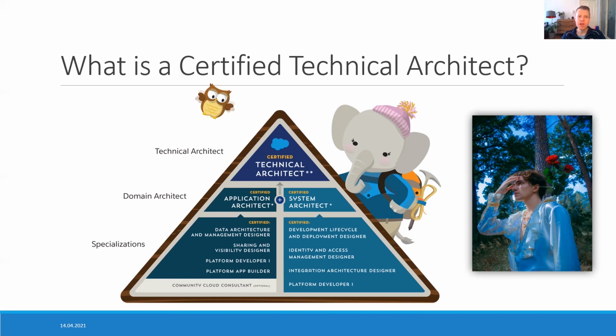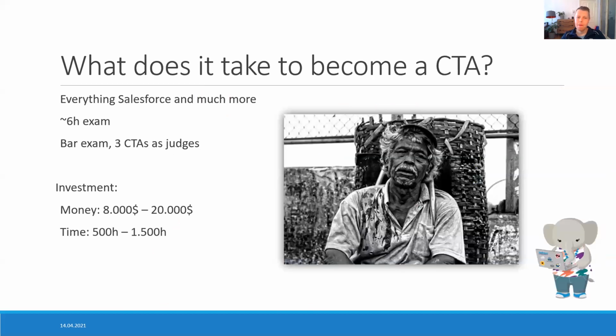So I feel like an imposter. I don't feel like I actually earned the CTA. There are other CTAs out there, or people who don't have the CTA, who are just architects, who are so much smarter, so much better than me. I still am just an admin from Berlin. And it's way, way harder than anything I did in my life.